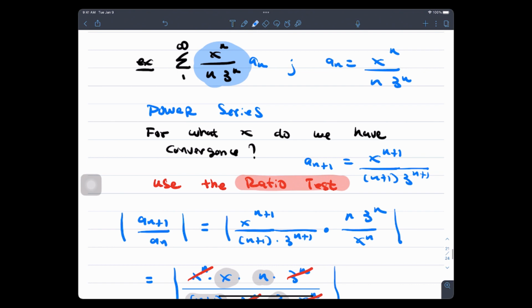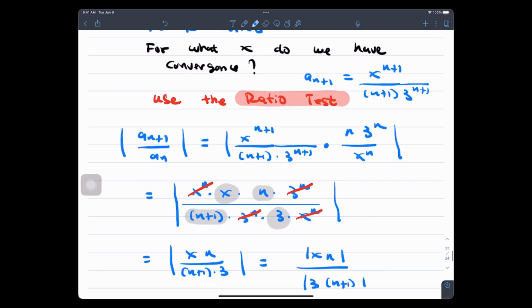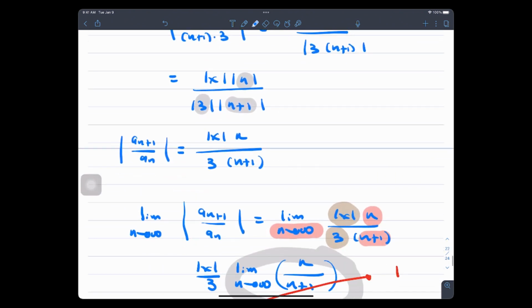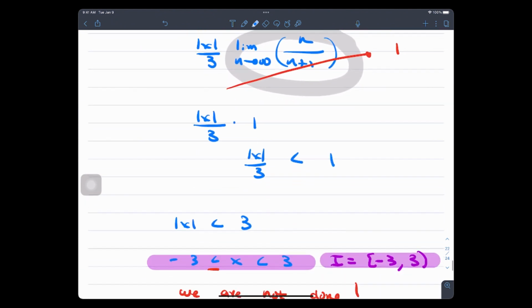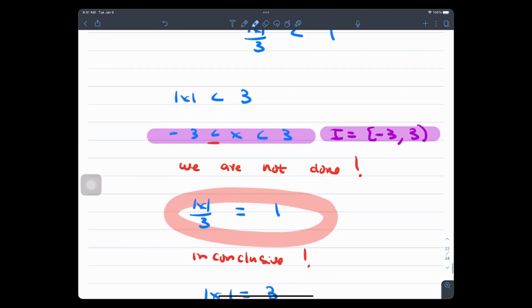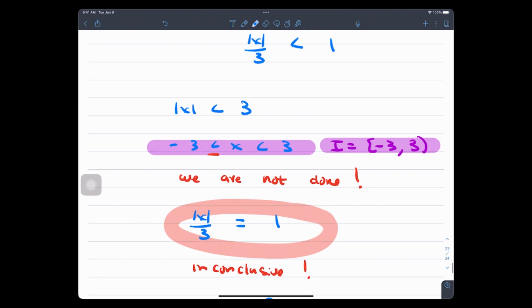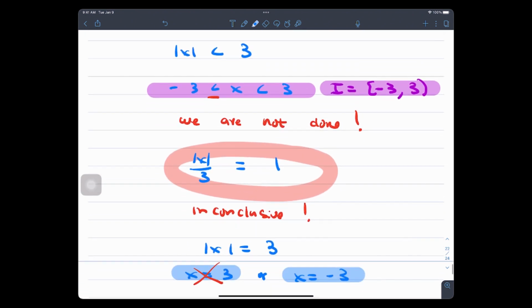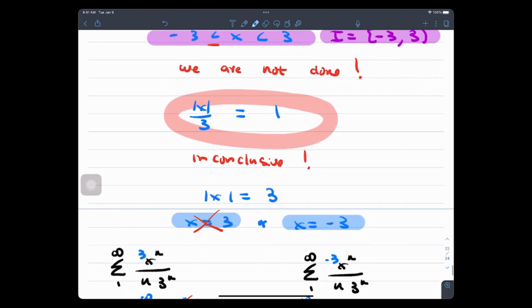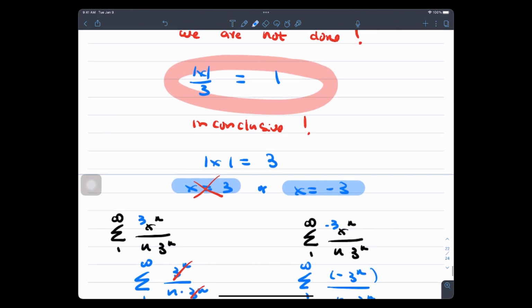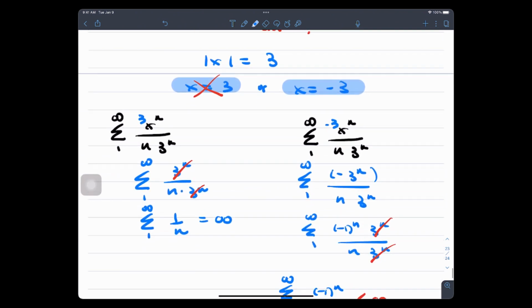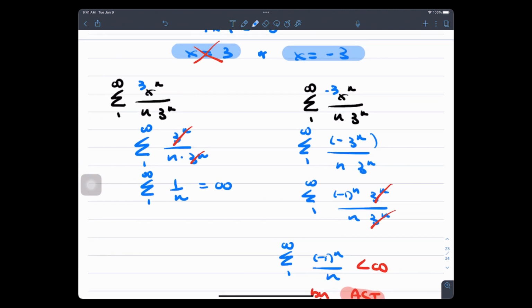We went through the first example of a power series, and we showed that by using the ratio test, that interval was the absolute value of x less than 3. Then we had to look at the endpoints, because where the absolute value of x equals 3, the ratio is 1, so it was inconclusive by the ratio test. So what you do is you go back and check the endpoints, and when you check the endpoints, that's when you're going to have to look at the various series